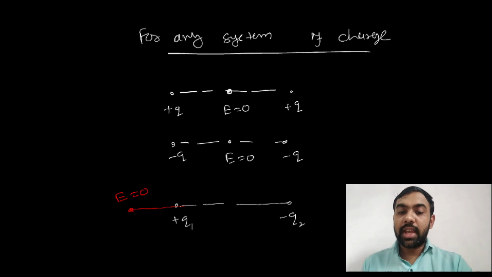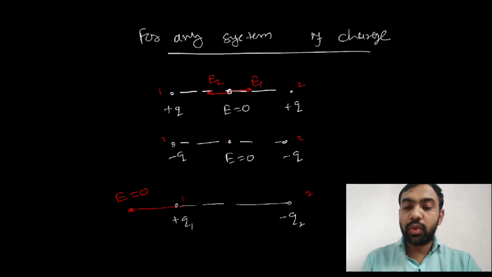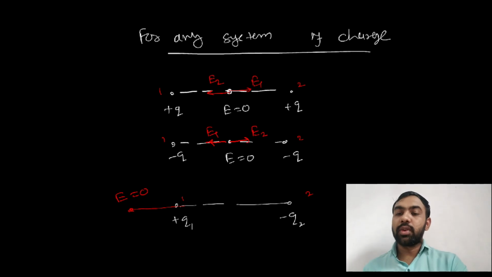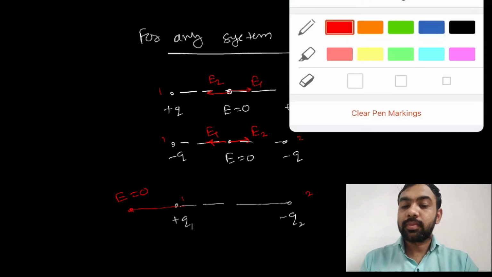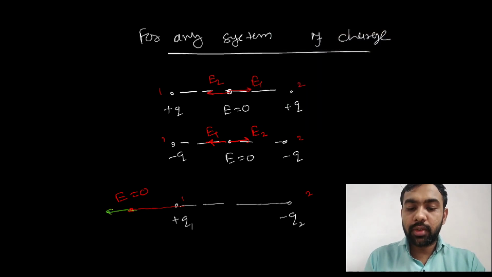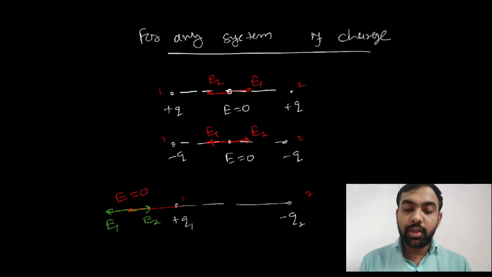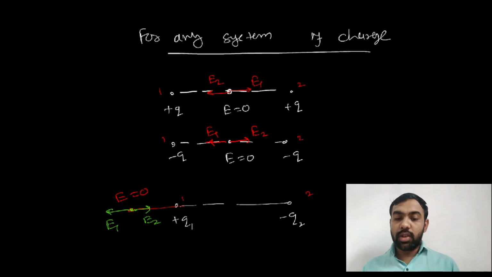Because as per the direction, if you consider point 1, point 2, point 1, point 2, then 1, 2, so E1 is equal to 2. For this situation, 1, 2, so E1 is equal to 2. And for the third situation, plus means outside, so E1 and E2. Wherever the electric field is 0, the charge magnitude is smaller, as we discussed in our previous sessions. So use this theory, and you get this answer.